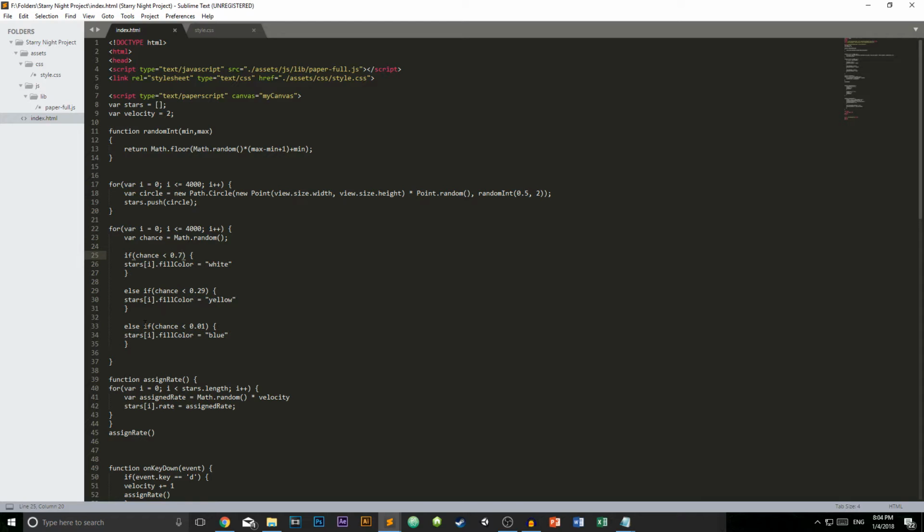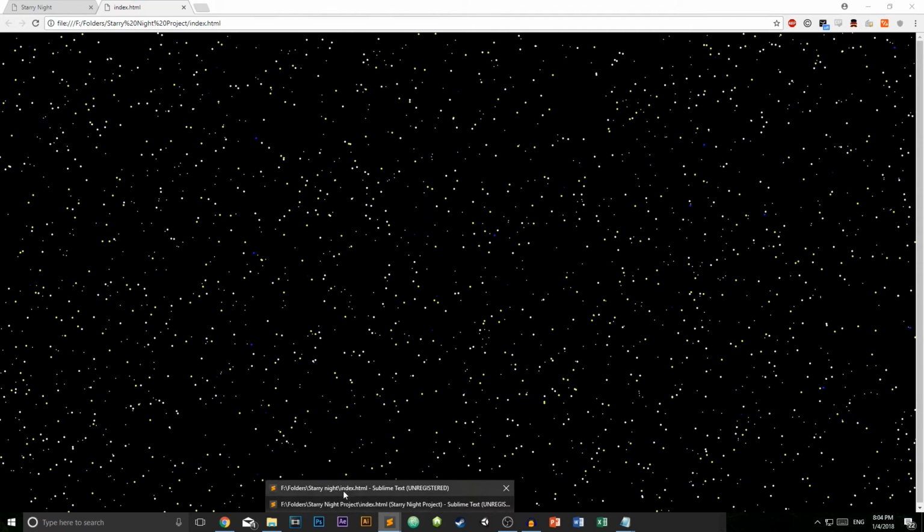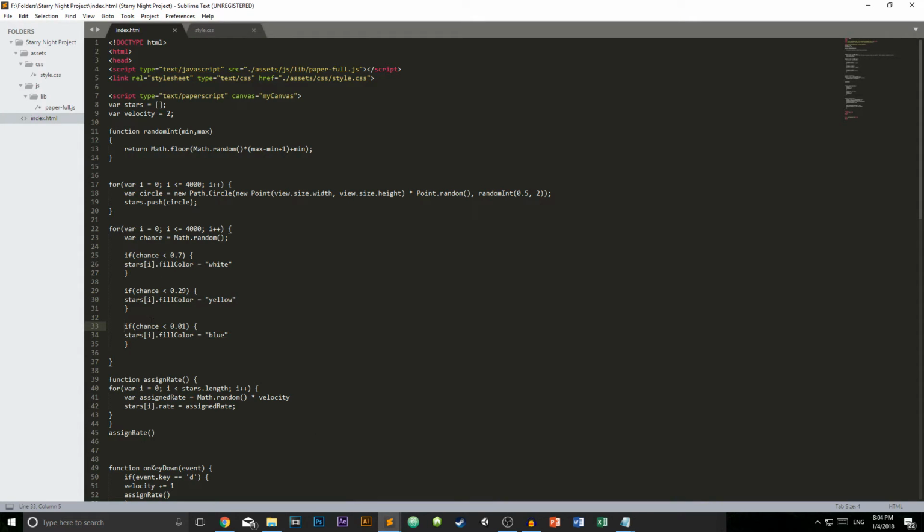Now, there are multiple ways to do this. You can just erase the else if so it's not chained together, and it checks each one, and it will override the color. You can do that, and that would work perfectly fine. You can see we have our very bright and vibrant colors, but also you can rearrange the method to go from smallest to biggest. I would recommend this one, just not linking with else if, just using normal if statements,